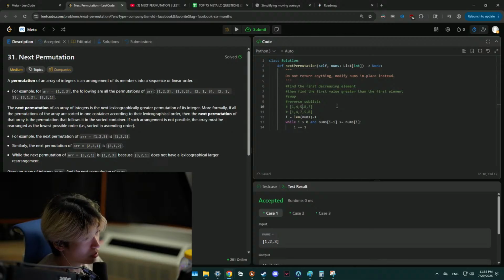So we're at 8 and 5. So 5 is actually less than 8, so we get out of here. Our I pointer is currently set right here, right? And then from there, there is also the edge case, right? If we end up hitting I equal to 0, we can simply return